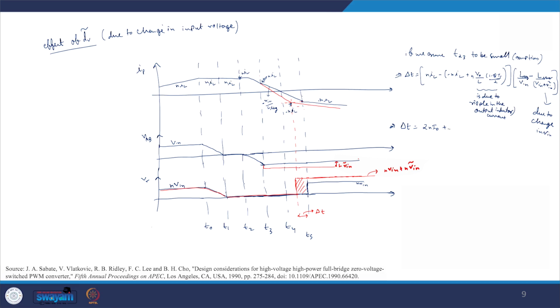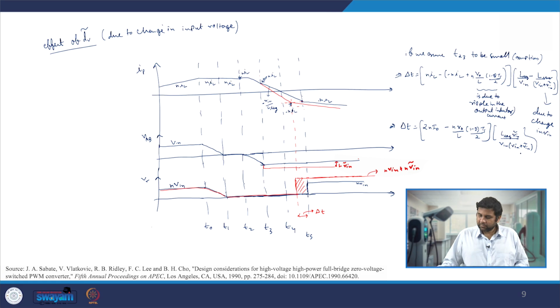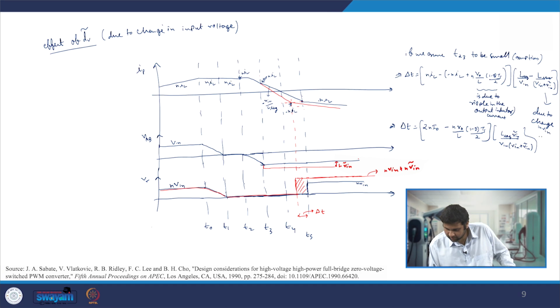So this we can write 2 n I naught, and that will be nothing but equal to minus n V naught by L 1 minus d Ts by 2 period, and this will then be, we can write down V in times V in plus V in tilde, and this will go up and up, V in gets cancelled, so it is L leakage V in tilde. This is the term which we get, and just also change in